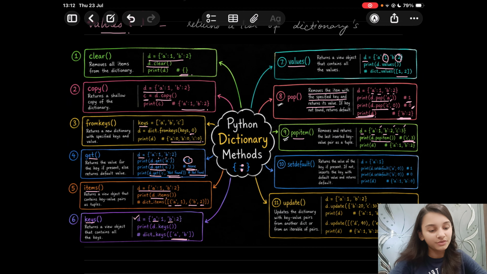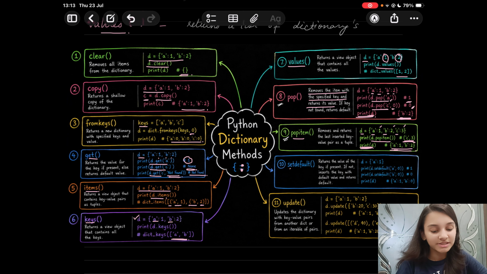So we get C, 3, and on printing the dictionary, C, 3 will be removed. So now we will get a new dictionary with A, 1, B, 2. I hope it is clear. So it will remove and return the last inserted key value tuple pair. Right?